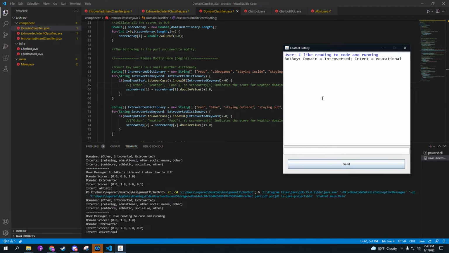So it's going to trigger 1 for running, but it's not really going to matter because we have both reading and coding in here, which is going to trigger the intention of educational with the domain of introverted.